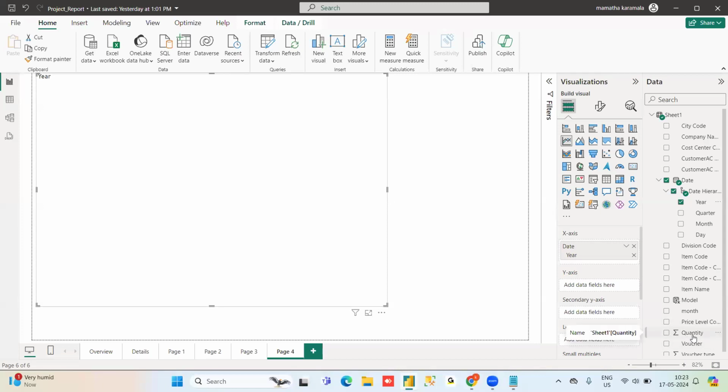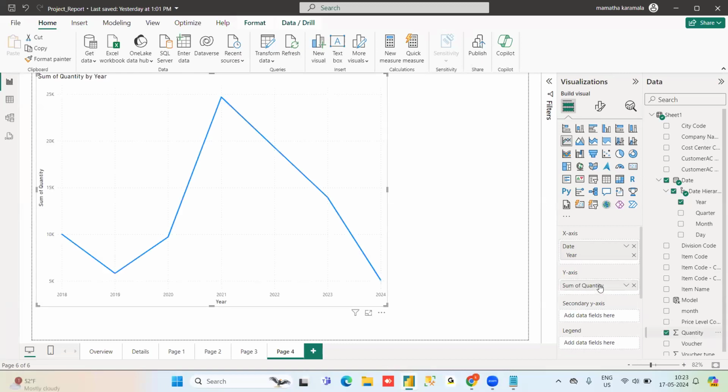Here is some data, so that's why you take the y-axis and drag onto it. Yes, this is summation. Normally we'll plot our diagram like this only: year wise on the x-axis, and the y-axis will show the values.